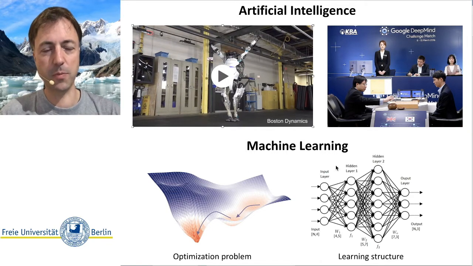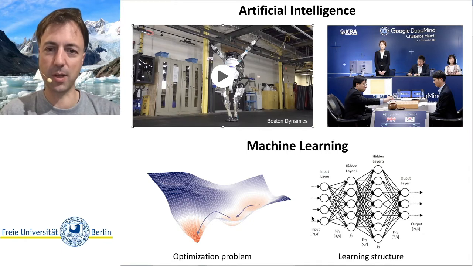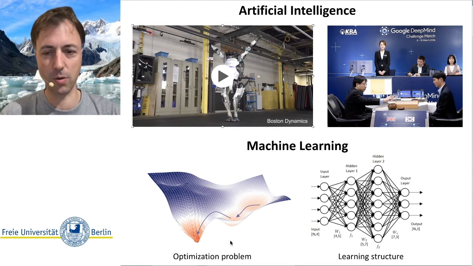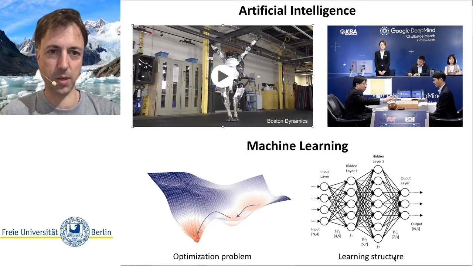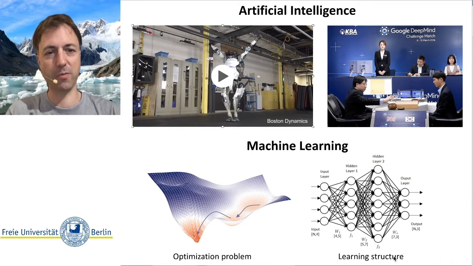When we develop machine learning methods, we always have to think about two things. What is the learning goal? What's the optimization problem? For example, is there something like a loss function that we can minimize, and what is that? And what is the learning structure? What is the structure that holds the parameters, and what does this induce about our problem solution? What does it mean for our problem solution to have a certain structure?